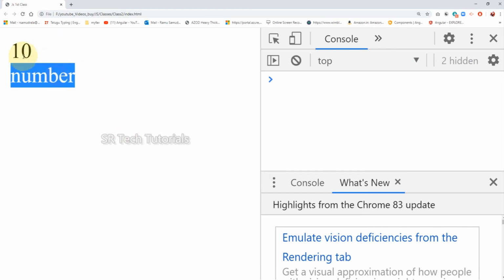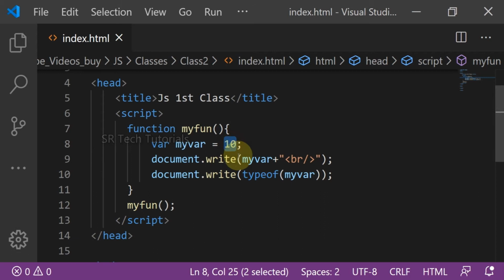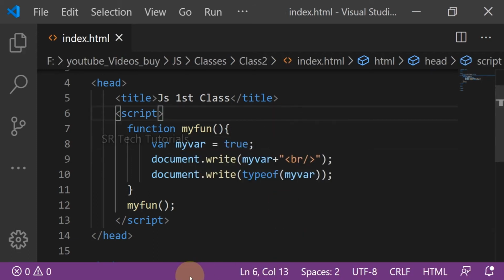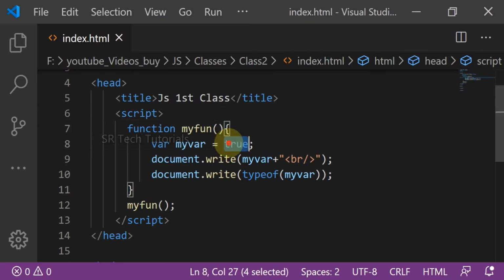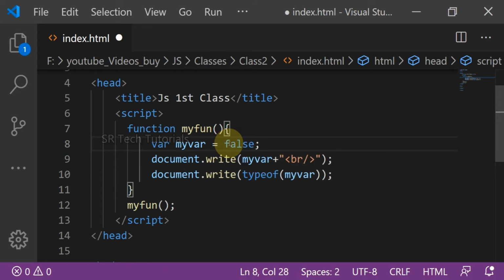So this is the data type of this data. Now I am giving true. Then true, and it's a boolean. So true or false we can give; true or false are boolean data types.